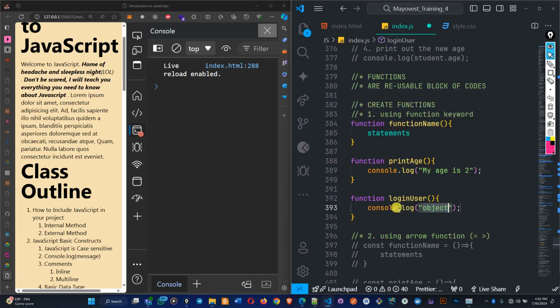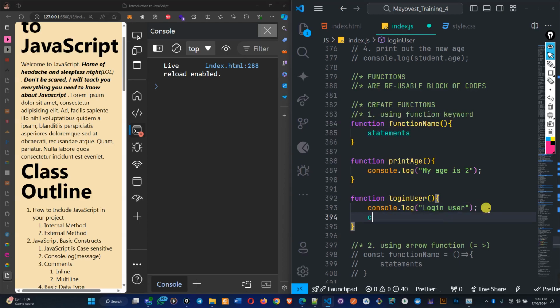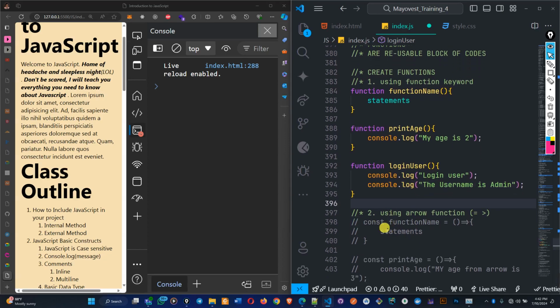So for example here, the first thing this one is going to do is login user. And after they carry out this operation, again it is going to print out the username is admin like this. So this is a function, and this function here, I'm talking to JavaScript. Okay, I want to have a function, and this function is going to be using this name, and the name is login user. But anytime this function is called later on, these are the actions that I want the function